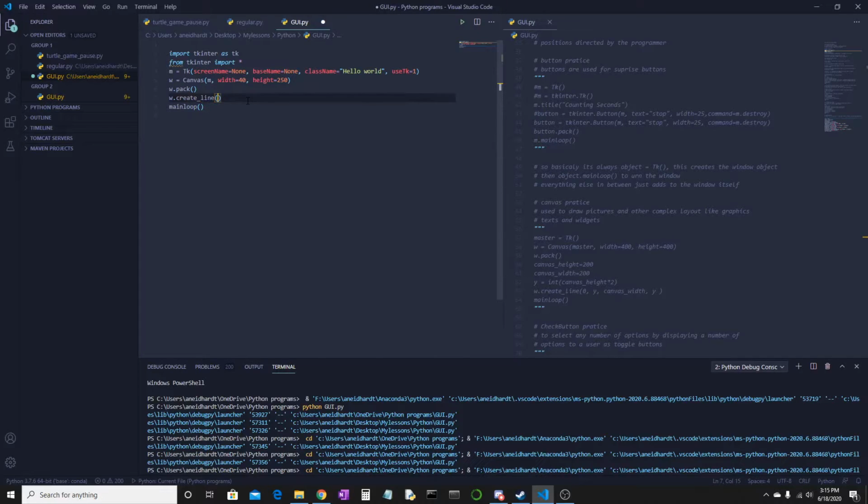Then we pass in where we want it to start, so 0, 50, comma, and then the width 250, then height 100. They're probably too big, but again,